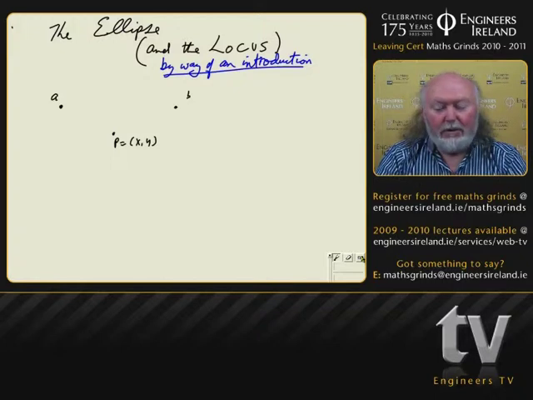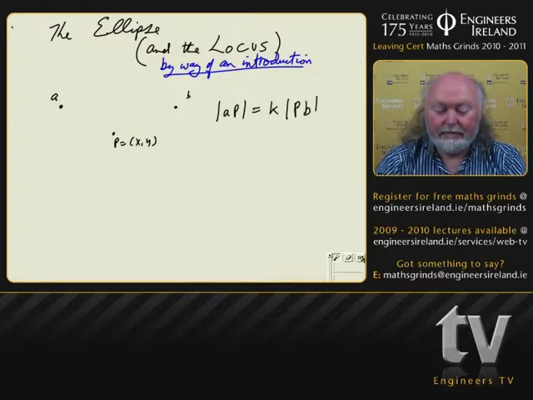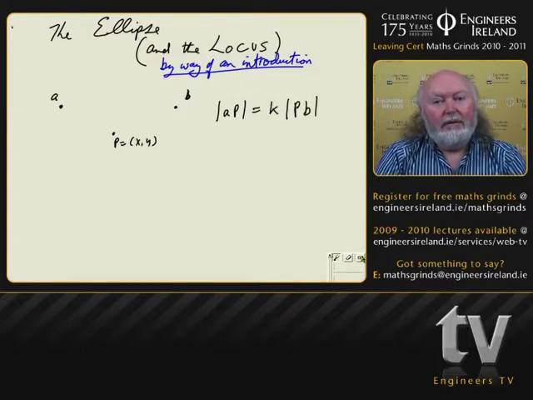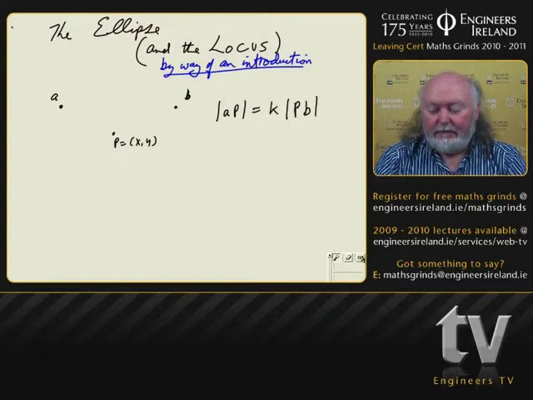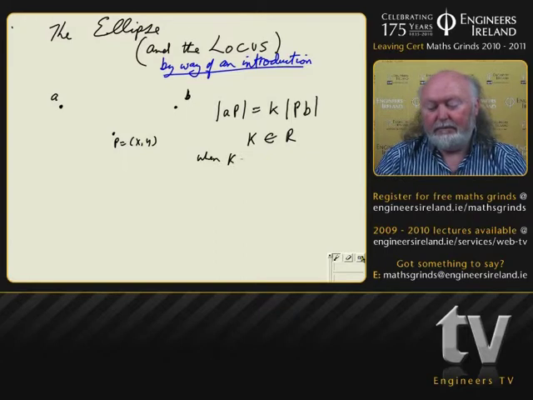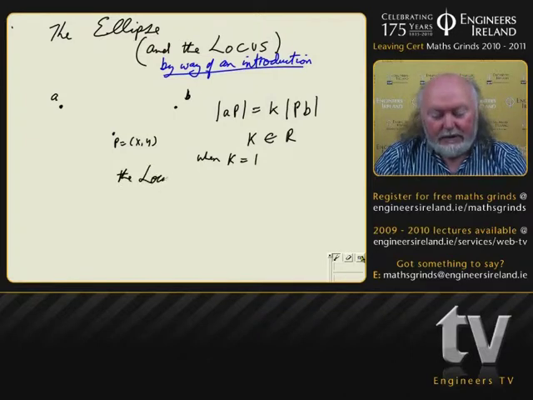What we have seen before is that the length A to P is equal to some constant K times the length P across to B. What you will have seen in geometry of the line is that when K equals 1, the locus, which is this special club,